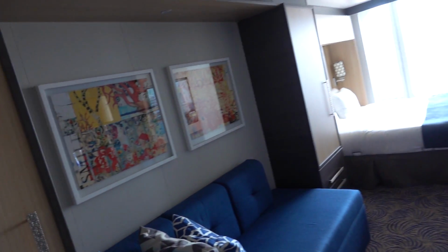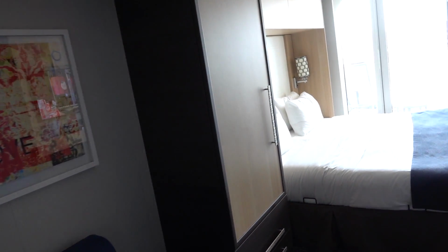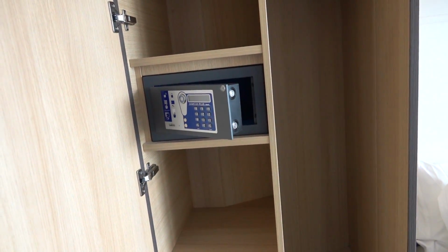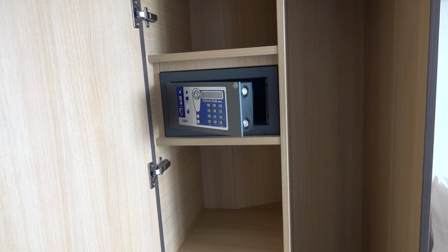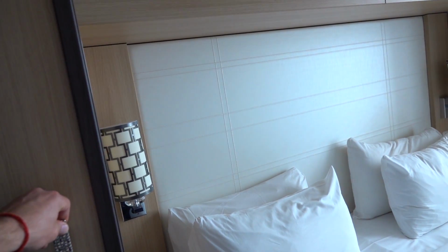Aside from the decor, a very important point is storage, and surprisingly we had enough room to nicely distribute the contents of our 4 suitcases in one backpack. Crazy, right? For 2 people. Either way, there's a taller wardrobe on one side of the sofa and a shorter one on the other side, but it does have a couple of drawers underneath the shorter one. And it also has some shelves and a safe, which is not large enough for a laptop or even a decent-sized camera,